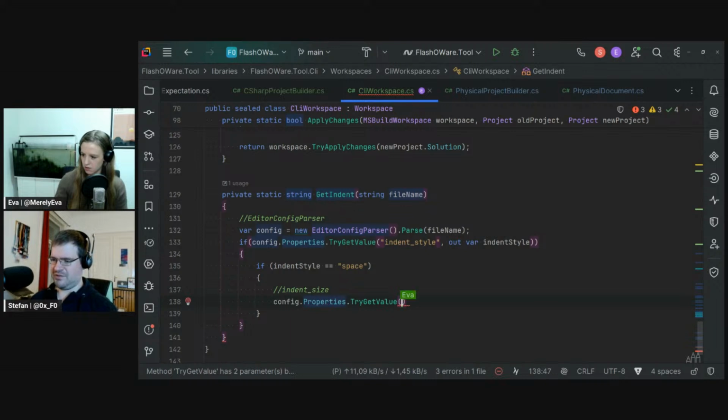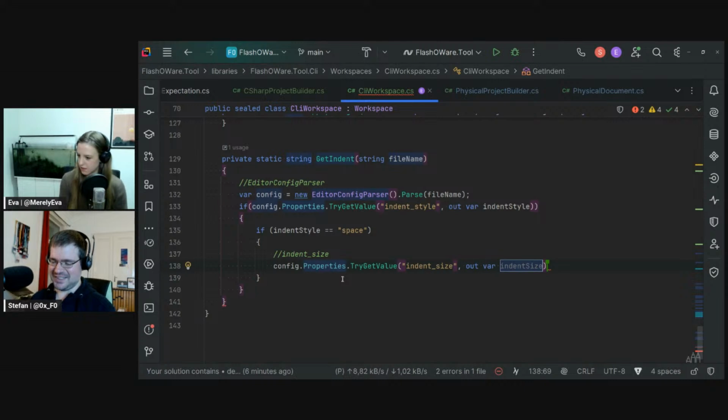I'll paste in since I have it in my clipboard, the indent size. And then we get an out variable indent size. I can do backspace again. See? Cool. I can't do autocomplete anymore properly, but